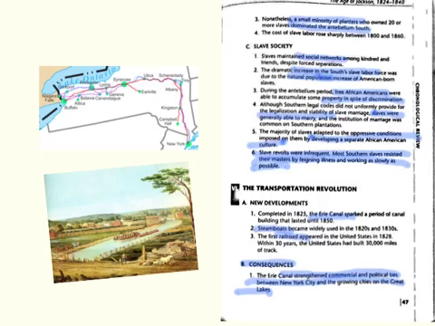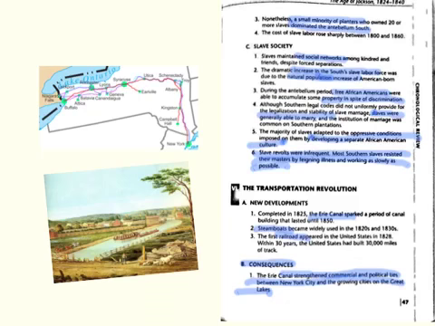Next, we move from slave society to the transportation revolution during this time period. As far as the new developments go, we've got canals, specifically the Erie Canal, which you see up here in the top left, and also steamboats as a result of these canals and the expansion of waterways, and also railroads. Now, railroads are in their formative stage at this point. They're not really widespread, but as we move forward to the period after the Civil War, you'll see an explosion in railroad expansion due to the opening of the West.